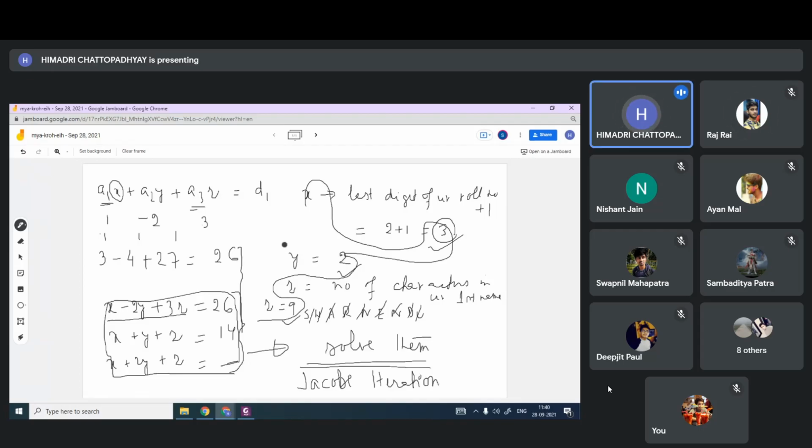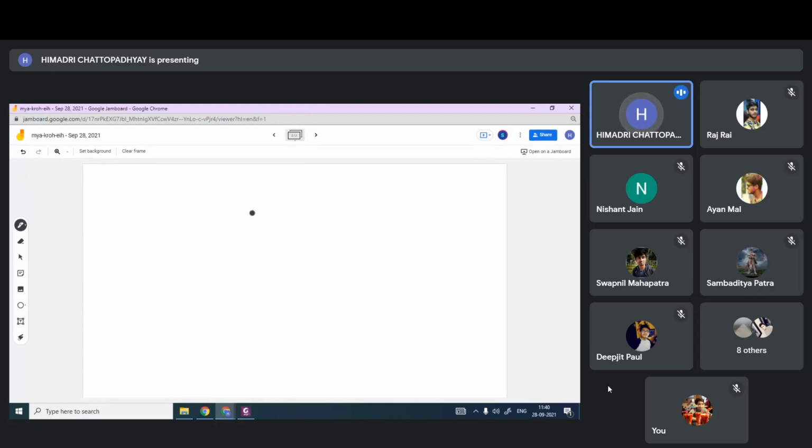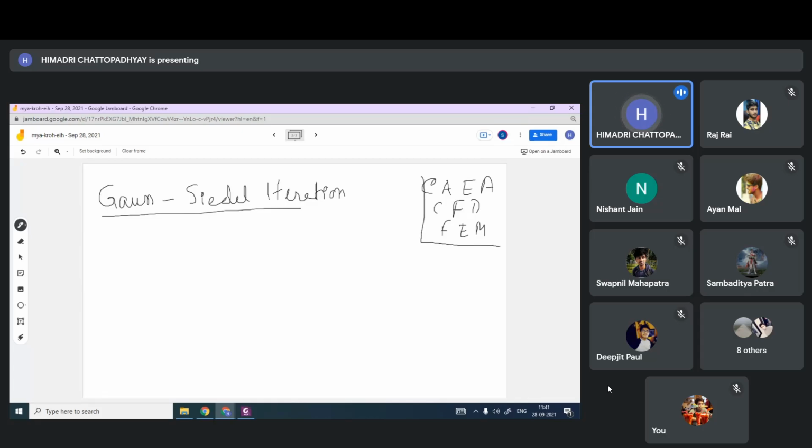The second problem I have given today, the one in number one as it is written, that type of problem we'll discuss a little bit later. Today we'll discuss initial value problems, so just wait for some time. Before we solve that, we have to know another thing, Gauss-Seidel iteration. You have done Jacobi iteration, but there is also something called Gauss-Seidel iteration. These are very important, particularly if you are going to use numerical analysis, computer aided engineering analysis, CFD, FEM. You need to have an idea of these numerical solution methods.